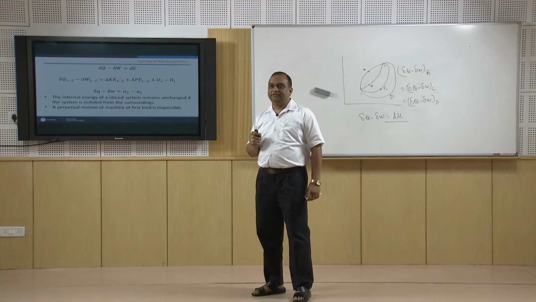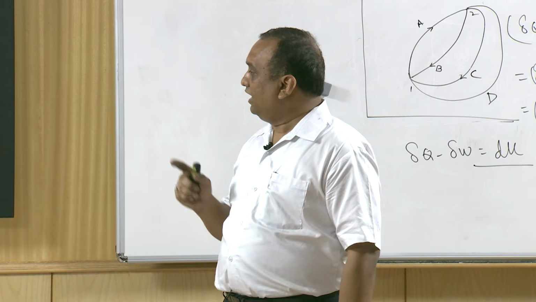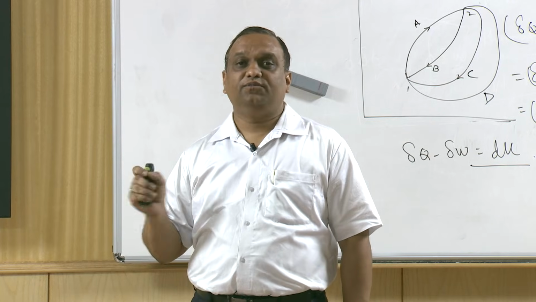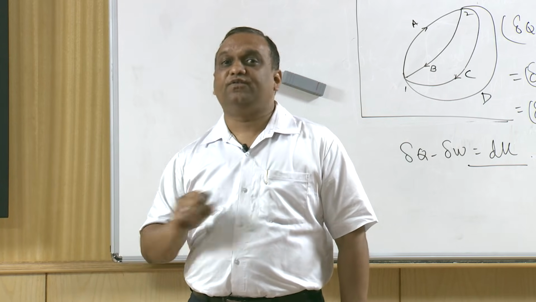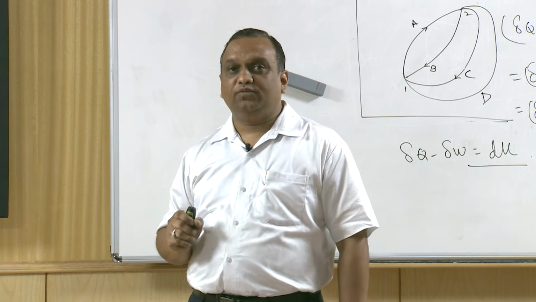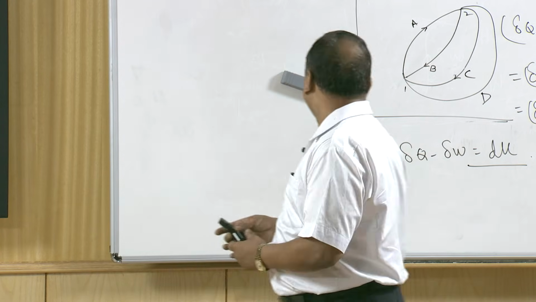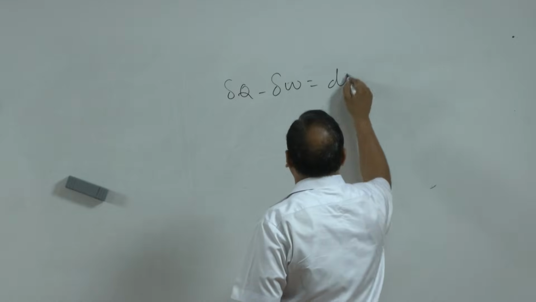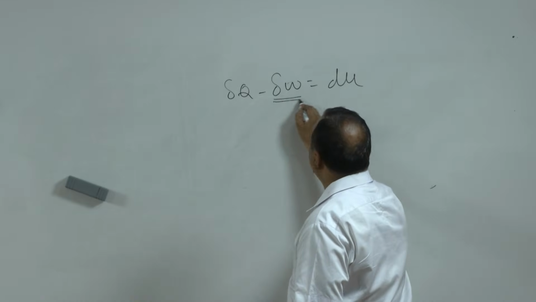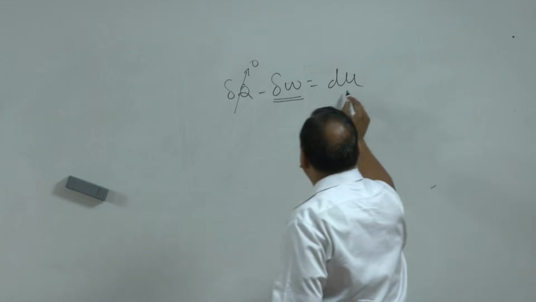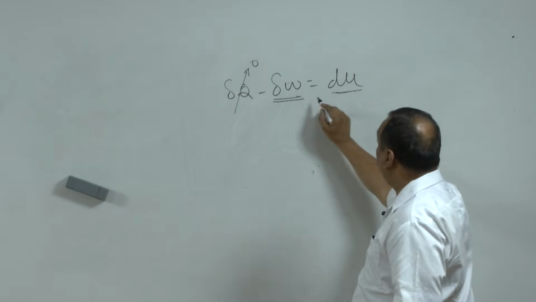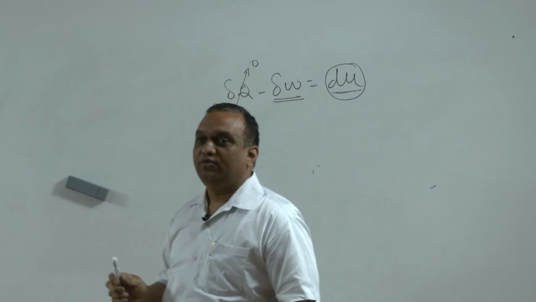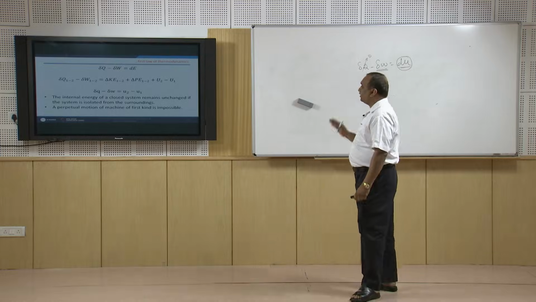Now, a perpetual motion machine is an imaginary machine, and the first kind of perpetual motion machine means a machine which gives constant output without any input, and it works for an infinite time. This machine is not possible, because when we say delta Q minus delta W is equal to dU, you may get output but without any input, so delta Q is 0. At the cost of internal energy you will get output, but this cannot be done for an infinitely long time. For a short period it is okay, but for an infinitely long time you cannot run a perpetual motion machine.